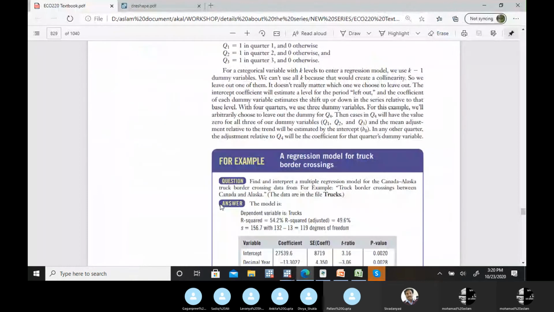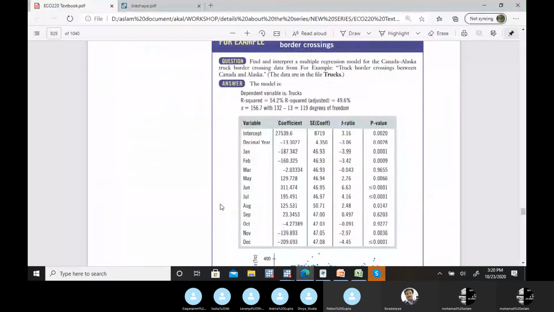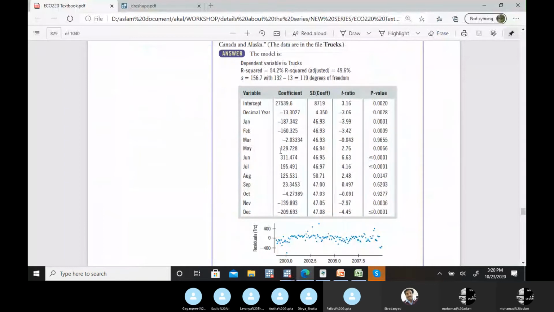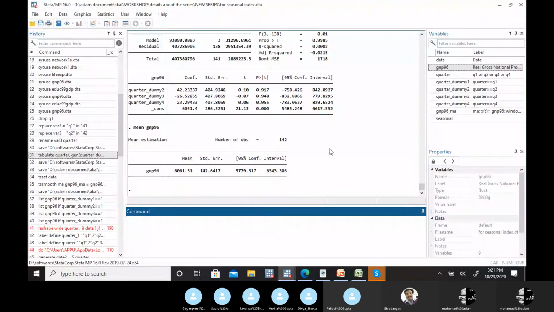They made these dummy variables, and then for monthly they have seen these changes. In a few months it's increasing, in others it's decreasing. The seasonal impact they found with the monthly dummy variables. So if you have monthly data, then you have to create monthly dummy variables. If you have quarterly data, then you have to make quarterly dummy variables. So that's the seasonal impact.